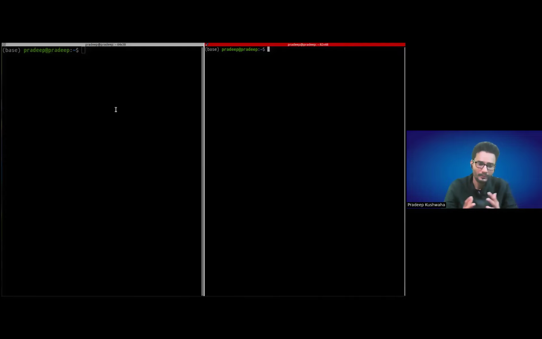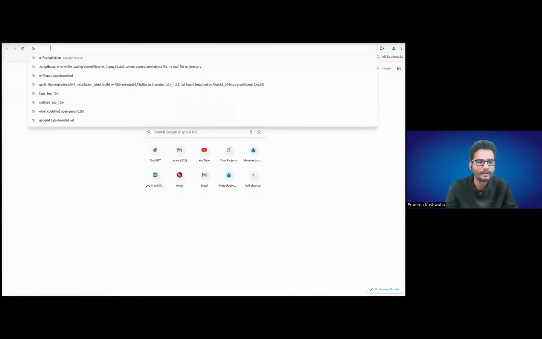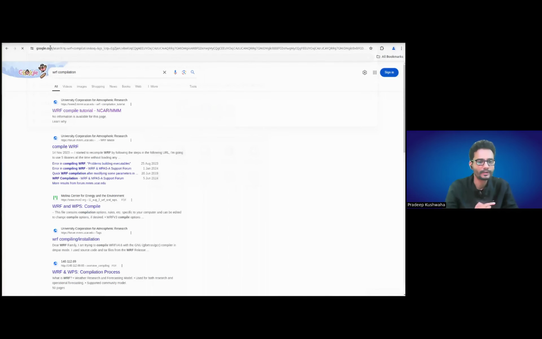So we will begin with the documentation of the WRF model, so you will be able to download the data by yourself without any trouble. Let's go into Google and just type WRF compilation. As you type WRF compilation, just click on the first link, WRF compile tutorial, and you will be redirected to